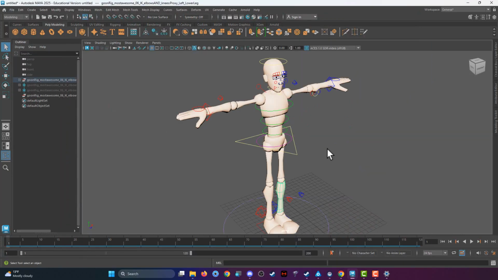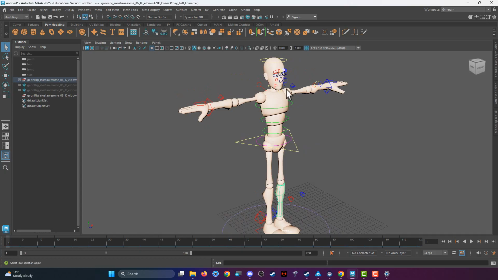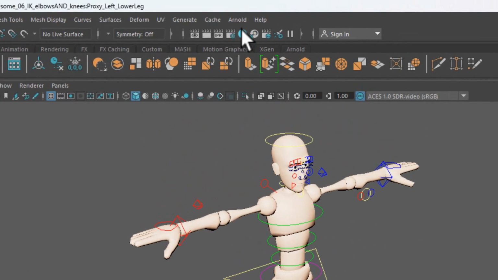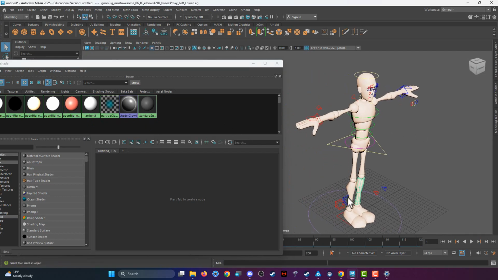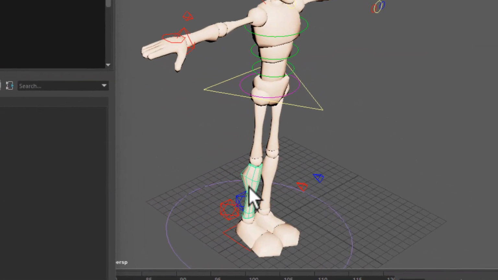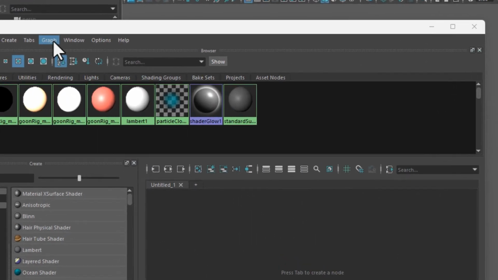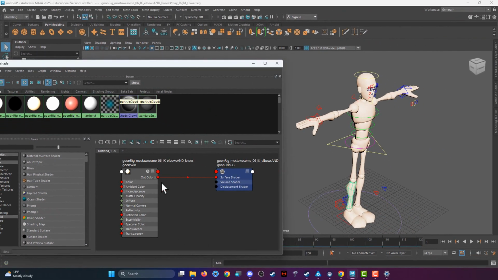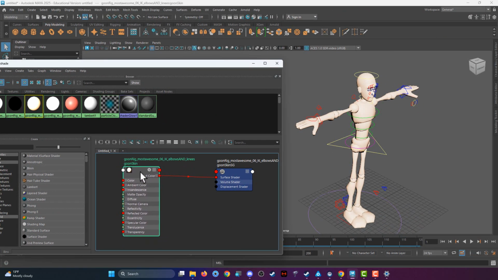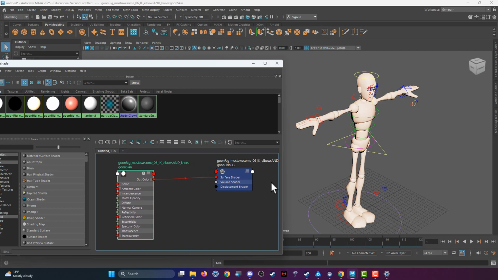Follow along with me. So in this case, I have all of these segments of this character. So I'm going to go into the Hypershade. So now that I have the Hypershade there, I'm going to select a single object that has that material that I want those objects to migrate from, and then click on Graph Materials on Selected Objects. Select that. So now it's going to give you the material that is assigned to the geometry that you have